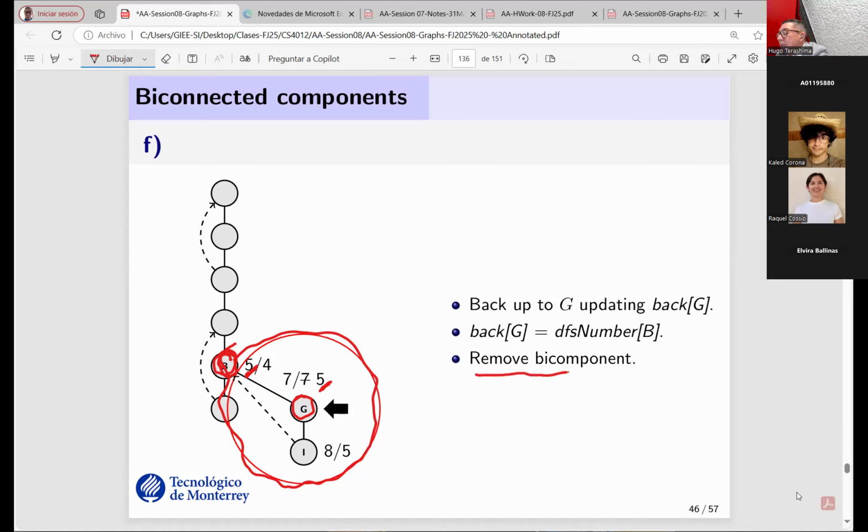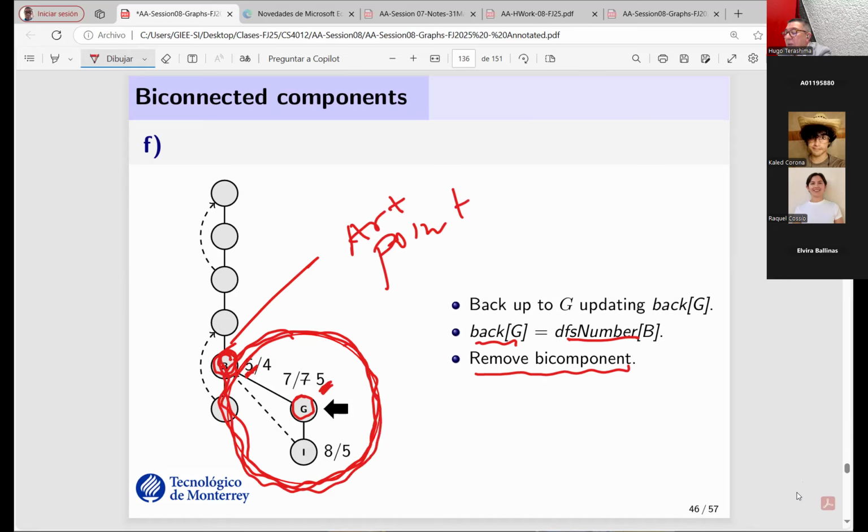So the component that you found is this one in particular, right? Because back of G, which is 5, is equal to DFS of V, which is that one. So this one is an articulation point, and this is a biconnected component. So this is the first biconnected component that you find,